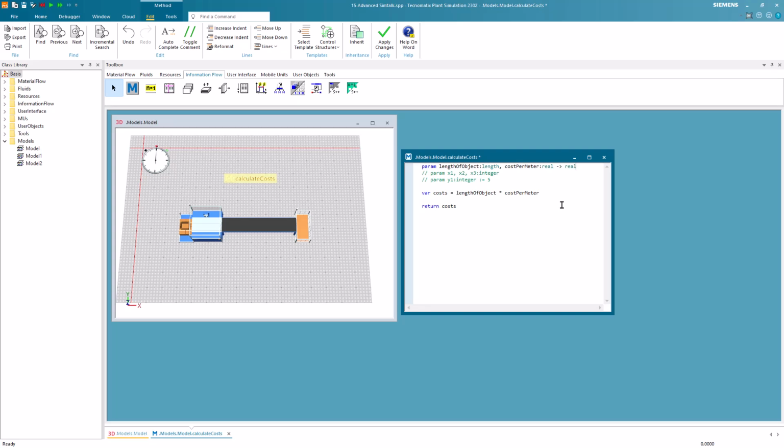What we want to introduce here additionally is the AnyData type. A variable of data type any can take any value. This can be used if you can't find an appropriate data type for your variable among the existing ones. All provided data types can be found in the Help of Plant Simulation. Therefore, we click on the question mark in the right upper corner.